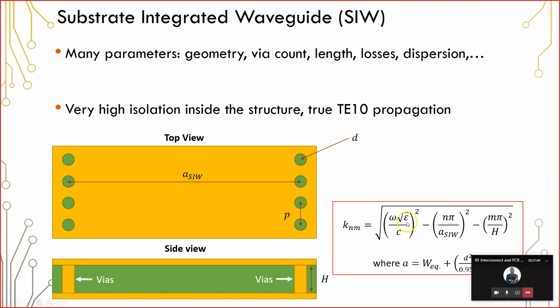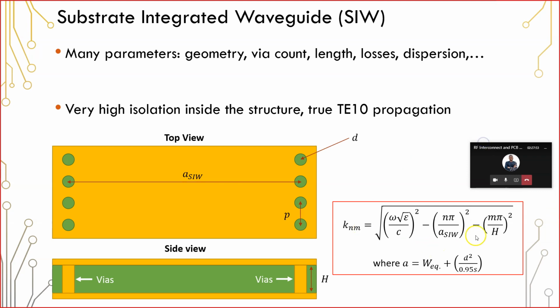And all of these go together to give you a particular size and set of wave numbers that you can transmit through this structure. So this wave number here, K sub NM. N and M are integers here, okay? And this K is just 2 pi divided by lambda. And so the idea here is we'd like to determine the wavelengths for a given frequency that will then propagate